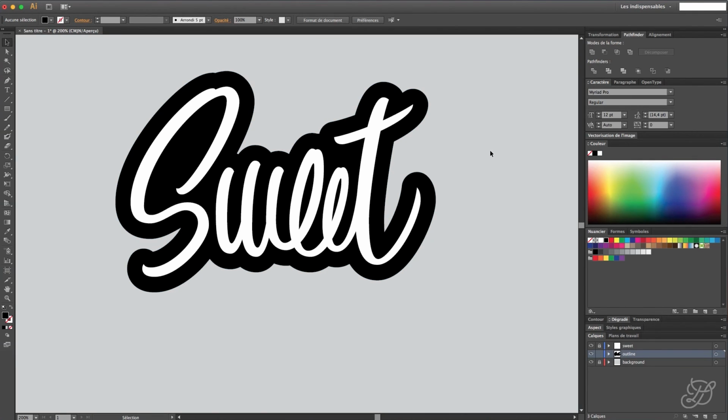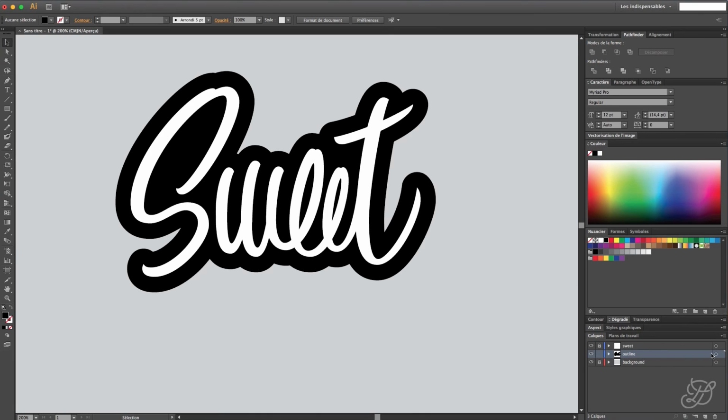One last thing. If you are a control freak like I am, maybe this outline is nice, but it's not perfect. Maybe it doesn't exactly look as you want. For example, you have this little pointy part here that goes back here. Maybe you want it to be straight. I can understand that. So you can use the outline here as a